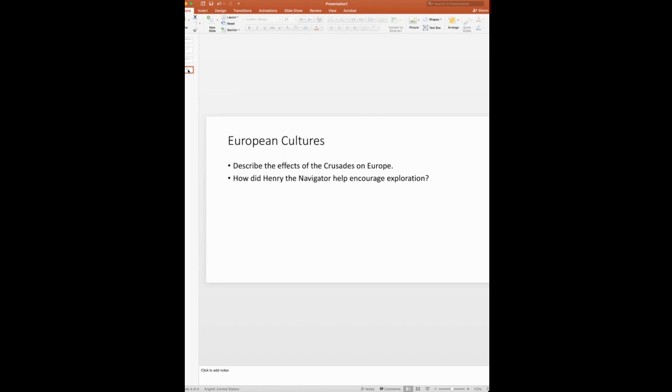And so my last question here is, how did Prince Henry the Navigator encourage exploration? He set up the Astronomical and Geographic Studies Center. He invited map makers and astronomers and shipbuilders to come there and to study and plan voyages of exploration.